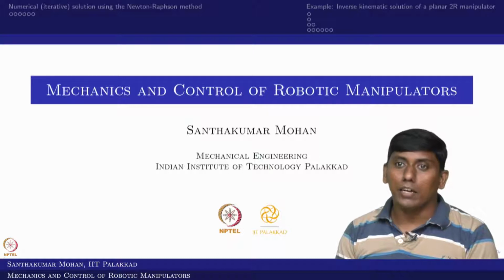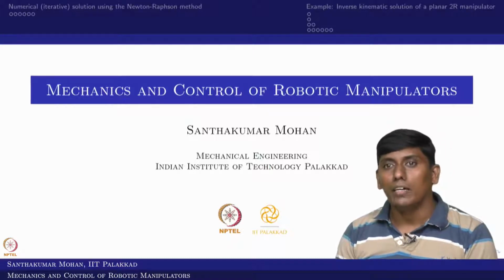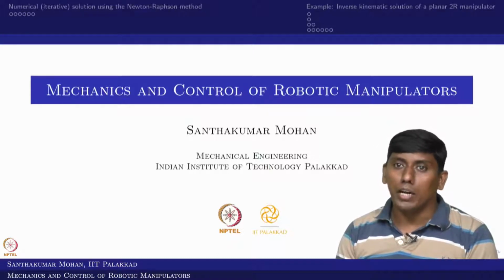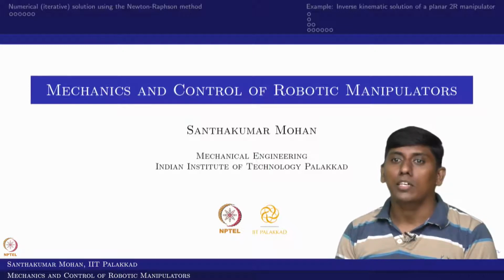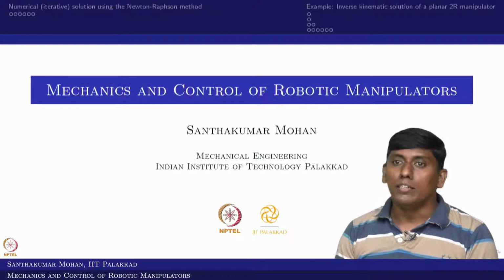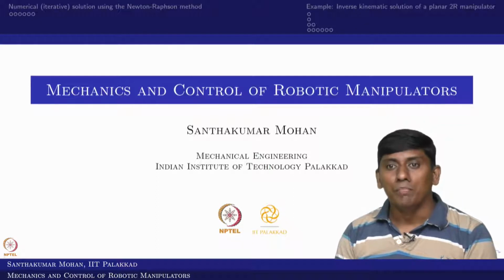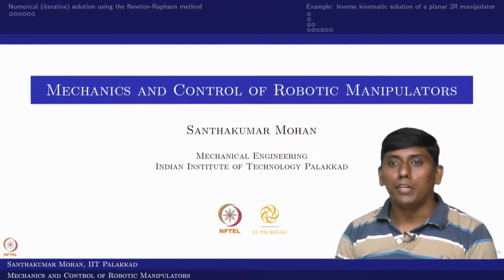In the same lecture, I gave a small idea: with the help of the solve command, how to find the inverse kinematic solution if the forward kinematic solutions are available. In the sense, if you have the mu vector, how we can find the inverse kinematic solution using solve. But solve is not the right option all the time. So, we actually use a numerical method which is faster.